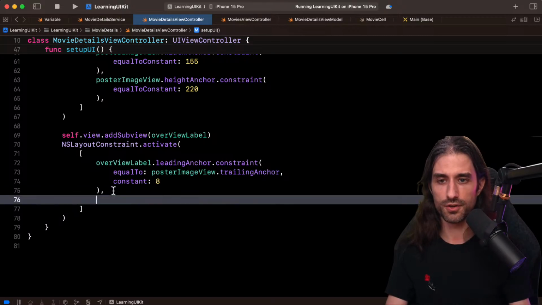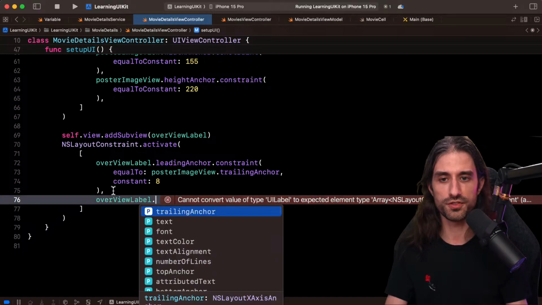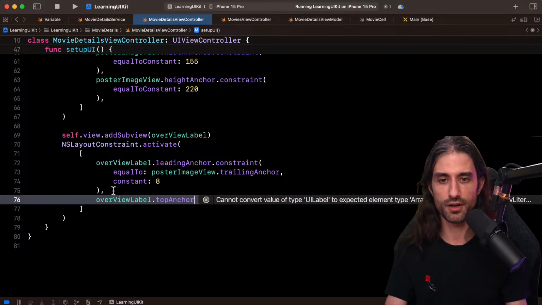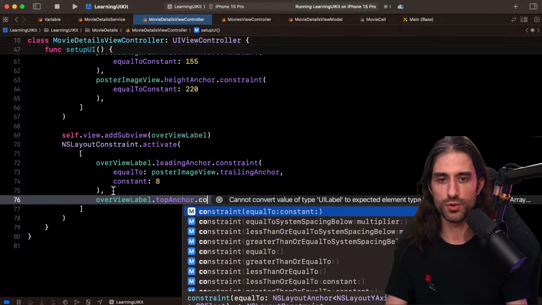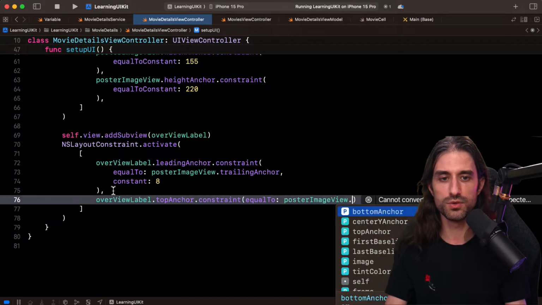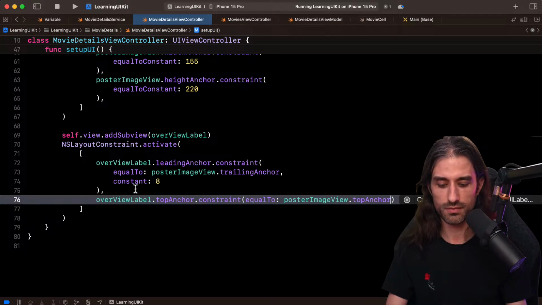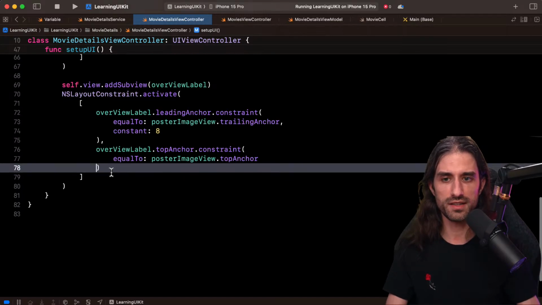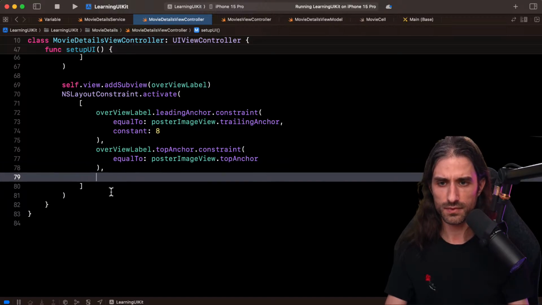Then for the top anchor, I want to use the same one as for the poster image view. So the constraint will be equal to, this time, poster image view dot top anchor. Once again, splitting across several lines. Then we want to constrain towards the end of the screen.